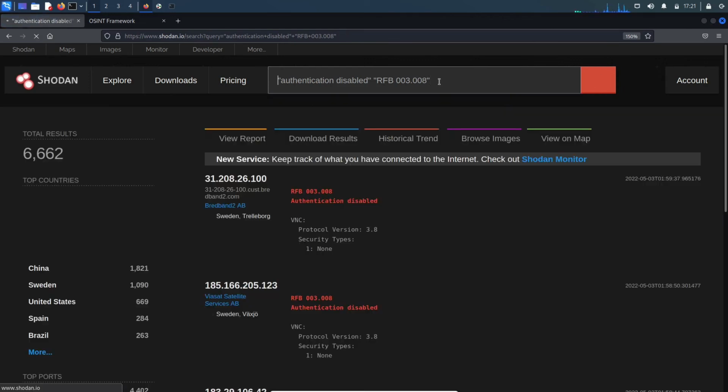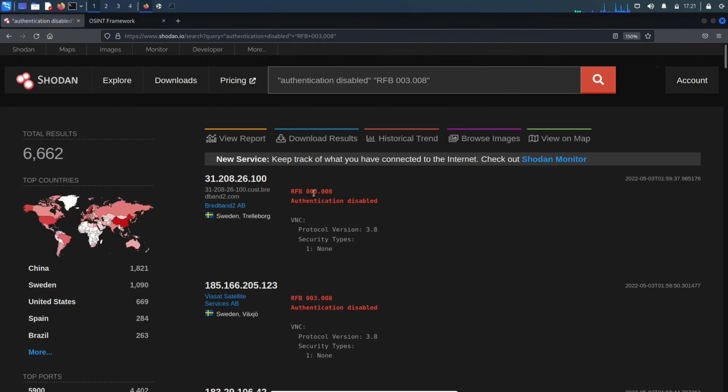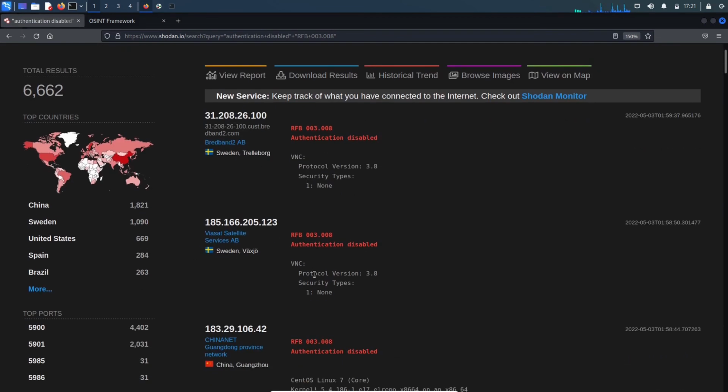Like RDP, some remote management protocol. You can see that authentication is disabled, and if we were to try and connect to these through a web browser, it would bring us to the desktop of these machines. I suspect a lot of them have already been compromised, or as I said previously, are